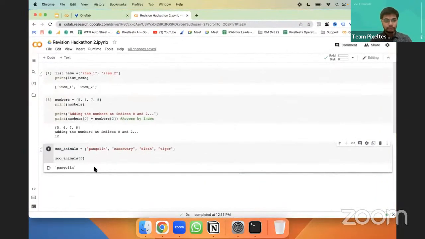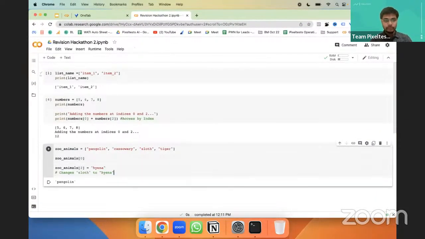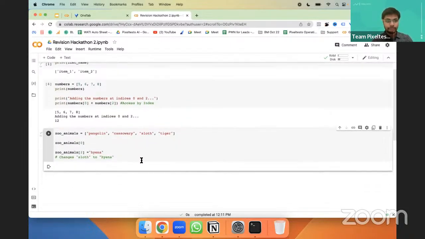Because the index 0, 1, 2, now 2 is sloth, I'm going to change sloth to hyena. So we'll see if it is getting inserted. Okay, so we have updated 2 from sloth to hyena, and I'm going to print zoo animals.